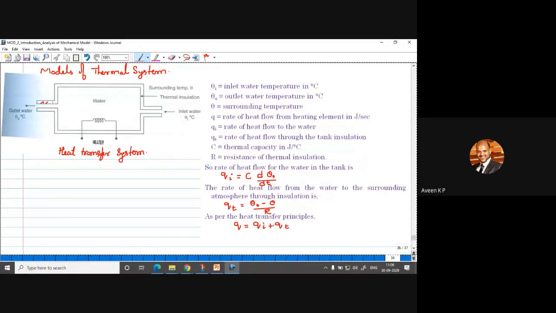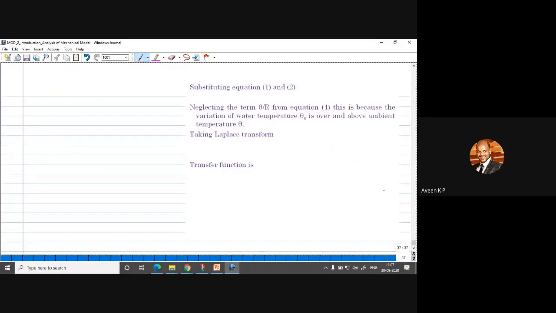Qi is the rate of heat flow to the water, and Qt is the rate of heat flow through the tank insulation. If I substitute both values Qi and Qt, so the equation will be, substituting both 1 and 2 in Q, the final Q is equal to